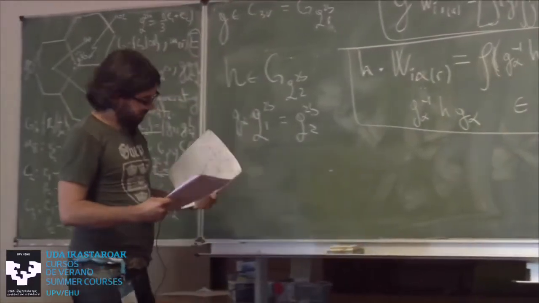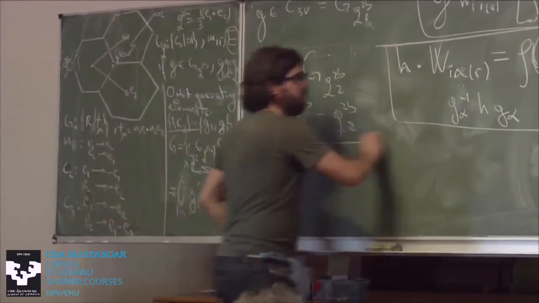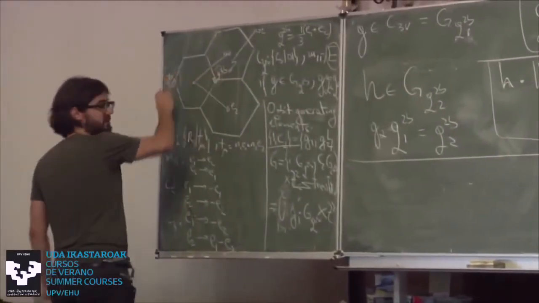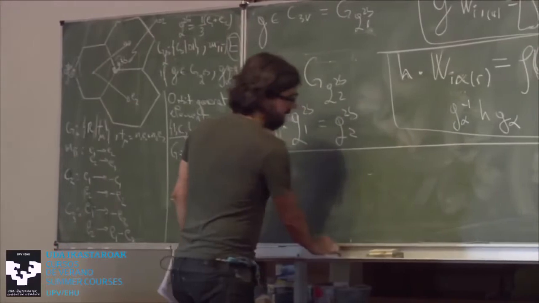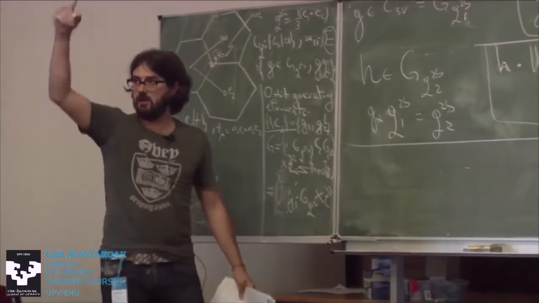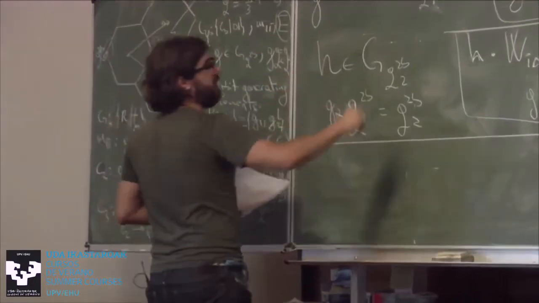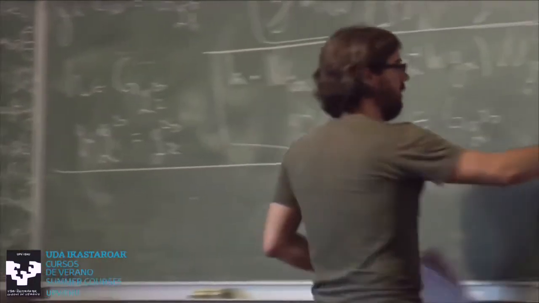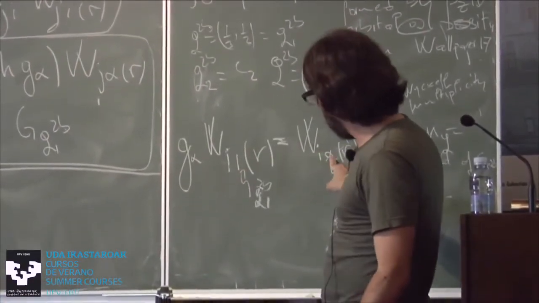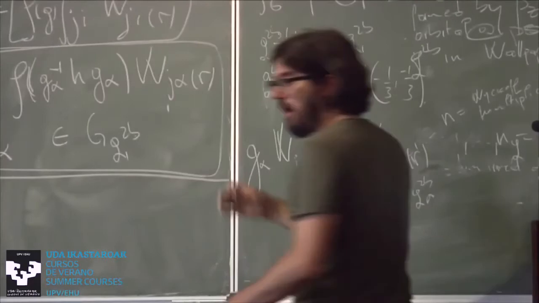This is not the hard part. The hard part follows. Now we know the representations of everything in the unit cell, because the Wyckoff positions, the multitude of Wyckoff positions, live in one unit cell. So now we have to induce a representation into translations of the full group. So what we don't have is, we know how the Wannier states, or how the orbital states at site alpha in the Wyckoff position relate to the ones at site 1 in the Wyckoff position. But we don't know how the translations relate.